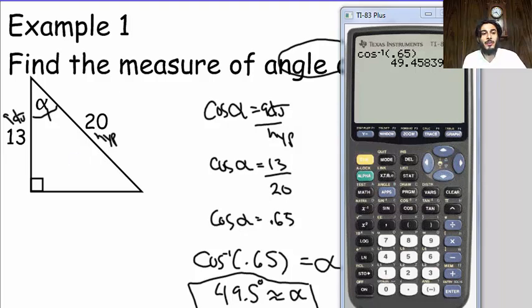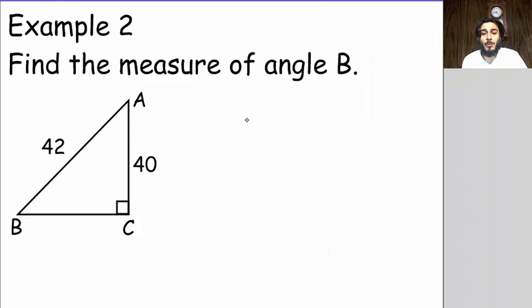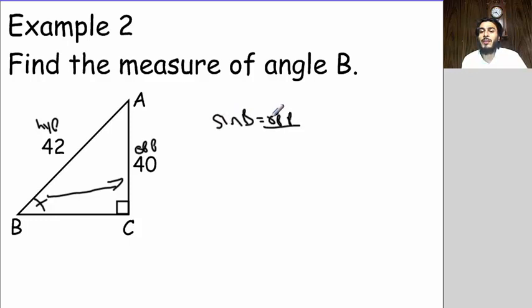All right, let's try another example. Example 2. Find the measure of angle B. So here's angle B, and 42 is the hypotenuse, and the 40 is opposite from the angle B. So we know we have to use the sine ratio. So it's the sine of B equals opposite over hypotenuse. So we will substitute and we will get 40 over 42,